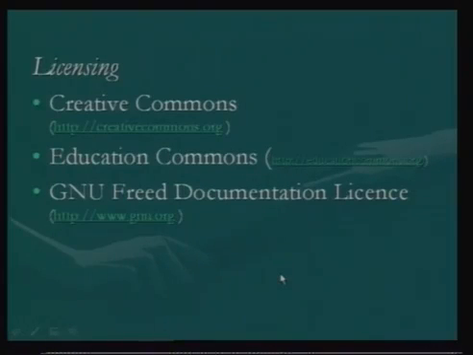And finally, we look at licensing. Insofar as licensing is concerned, we have licensing agreements for print. For multimedia and web resources, we have three important licensing agencies available internationally, which are online. The most widely used licensing agency is Creative Commons, a jointly created consortium which can ratify the copyright of those who create web resources,